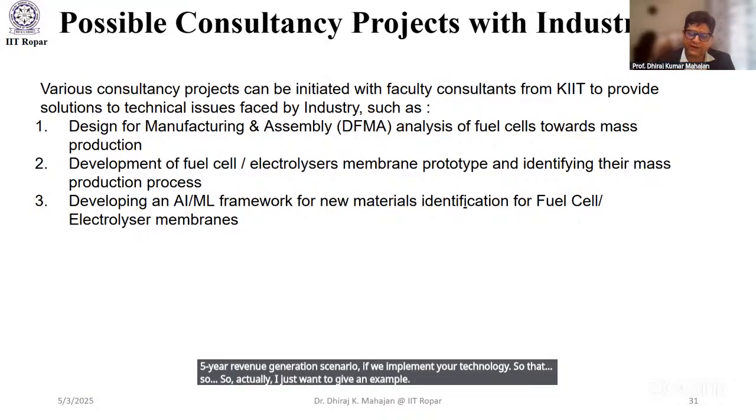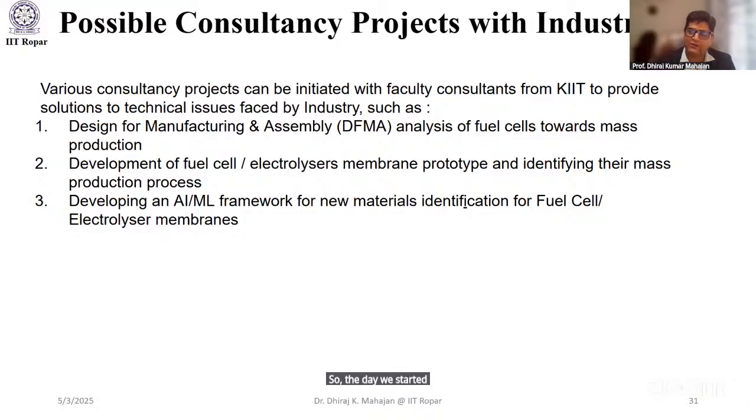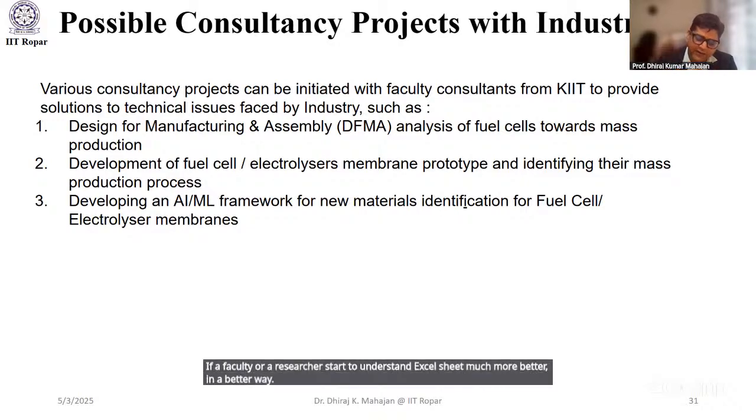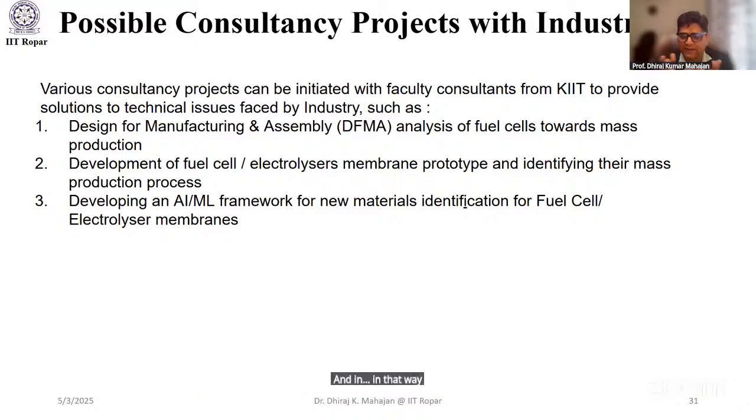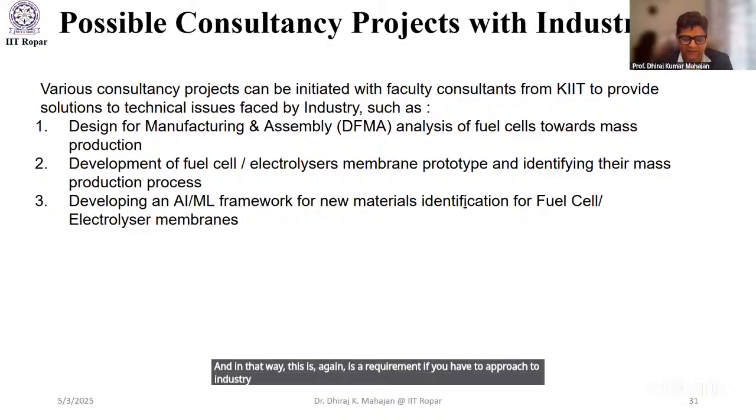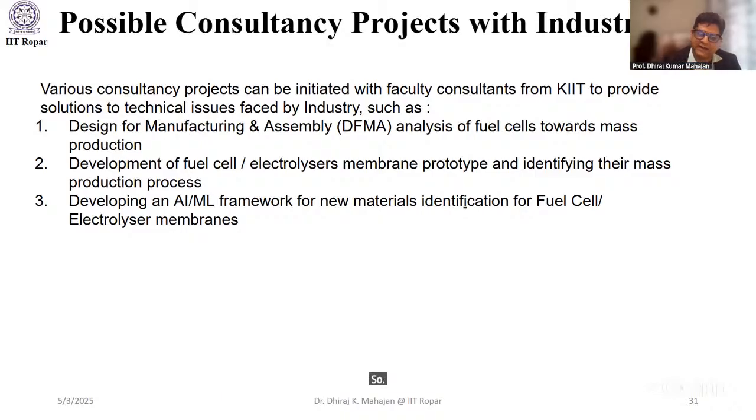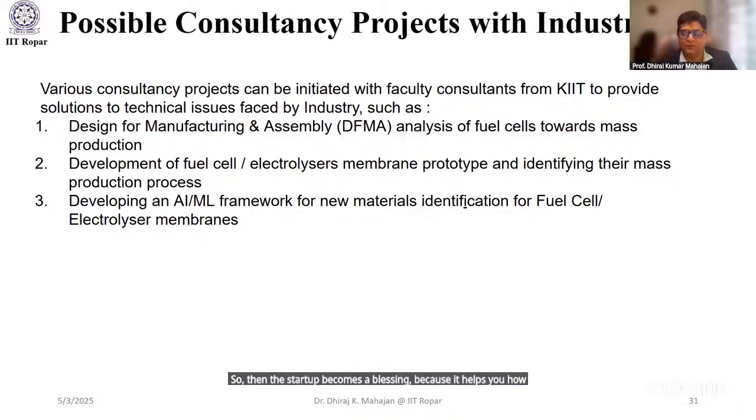The day we start a startup, you kind of become a businessman. A faculty or a researcher starts to understand the Excel sheet in a much better way. And again, this is a requirement if you have to approach industry for consulting projects. So a startup becomes a blessing because it helps you understand how the translation of your work has to happen